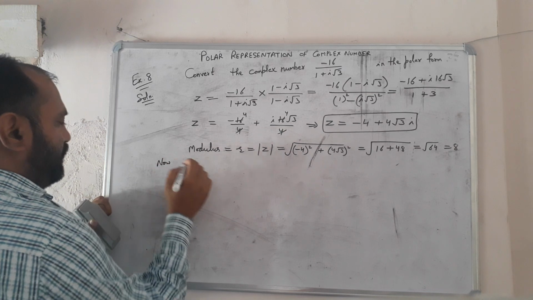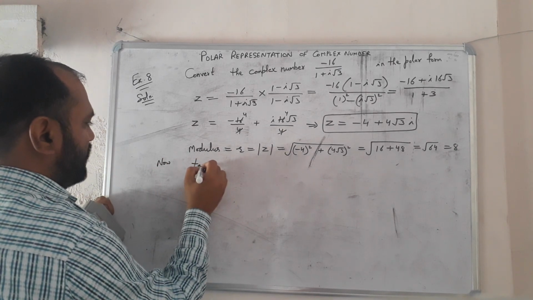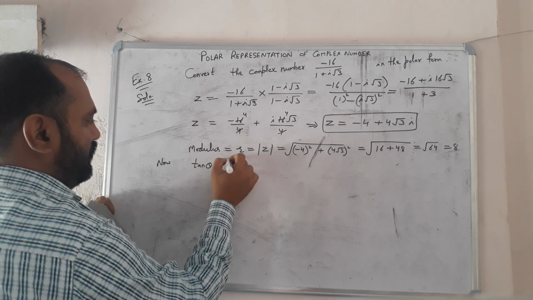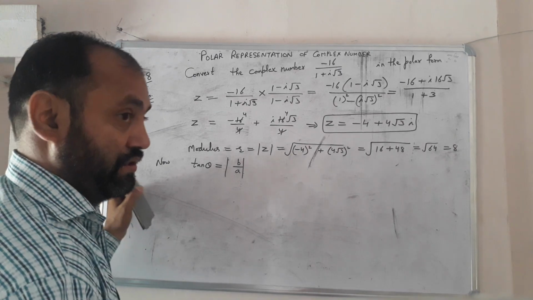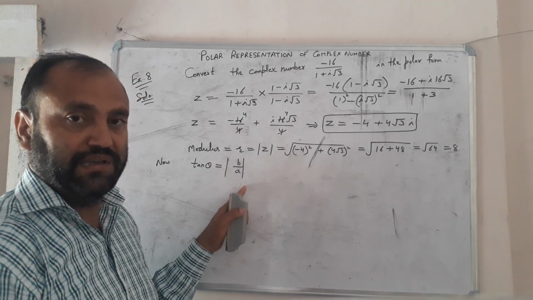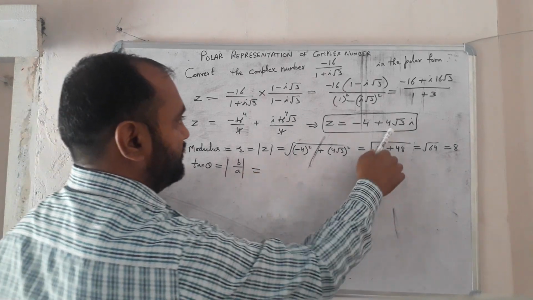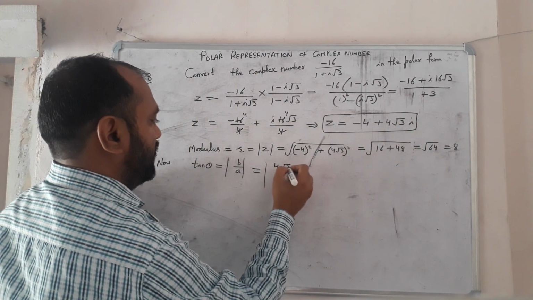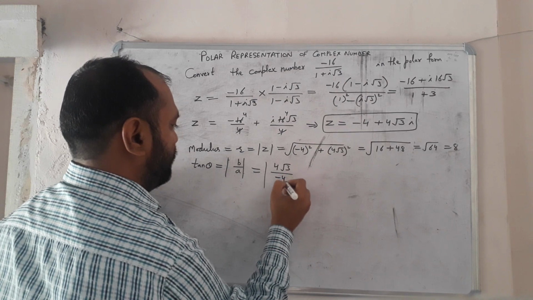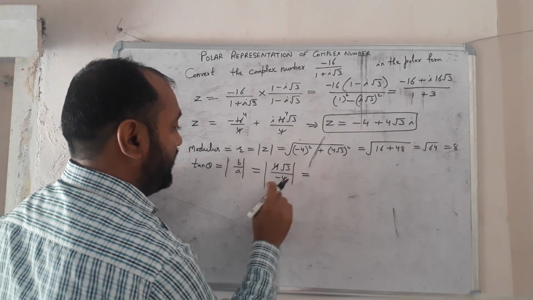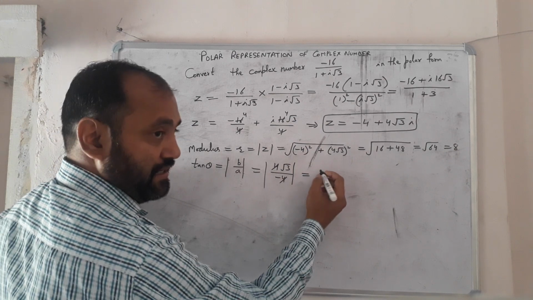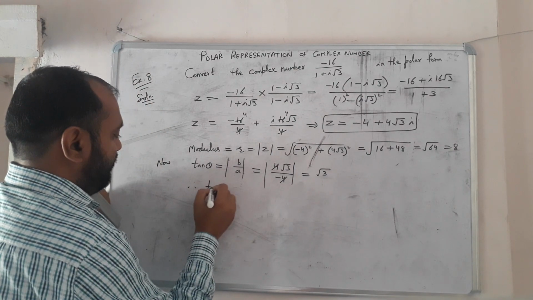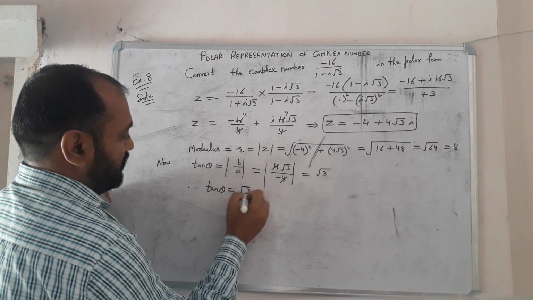Right? Now to find the argument, we have to write tan theta. The formula is mod b upon a, as we know. We have done it in the previous question. So what is the value of b here? B is 4 root 3. And what is a here? A is minus 4. So 4 is cancelled out, and in modulus the negative sign becomes positive. So this is the value root 3. Therefore, the value of tan theta is equal to root 3.